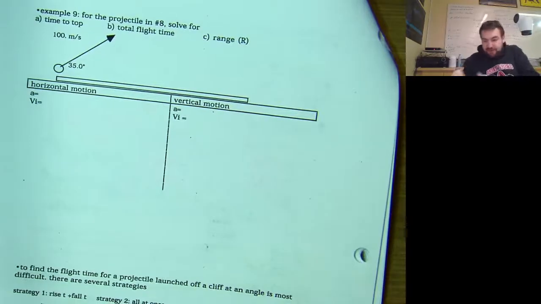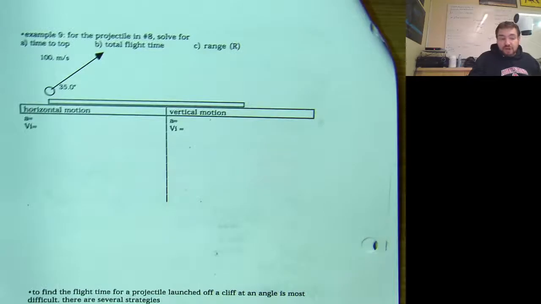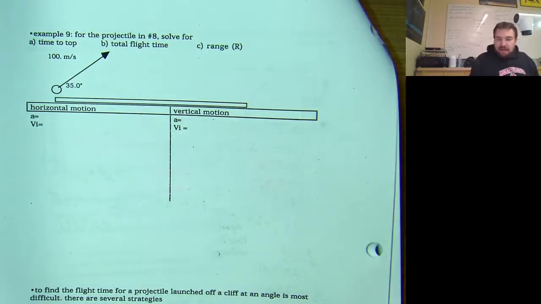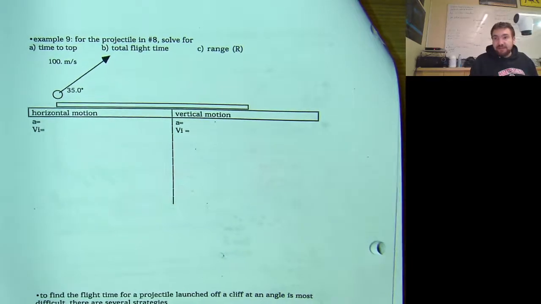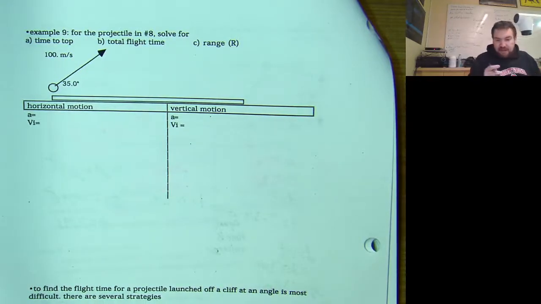Example number 9. We're going to do a couple of them where we launch them at different angles. We'll start level, over level ground, and then we'll go to a cliff and launch these things at some angles. So here we go. We skipped example 8. Forget example 8. We're just going to go straight to the meat and potatoes of it with example